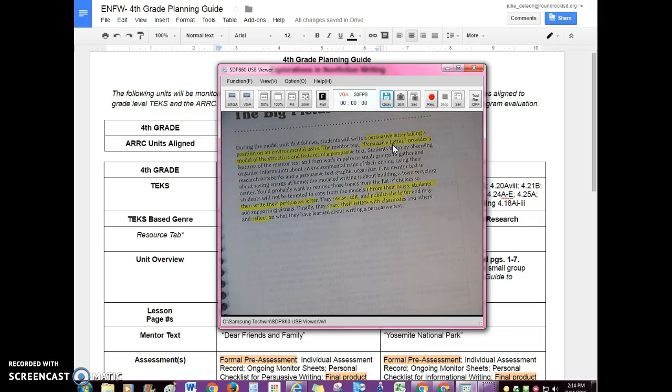And using that mentor text as a support, and then the teacher should also be modeling a lot with her own, so using those, and then students of course will revise, edit, and publish a letter, and then ultimately share this letter with classmates and then reflect on what they learned about writing a persuasive text through this unit of study. The really important thing that was highlighted in the Hynum PD this summer is that the